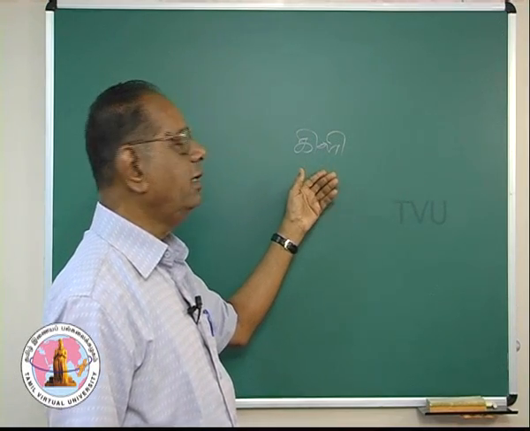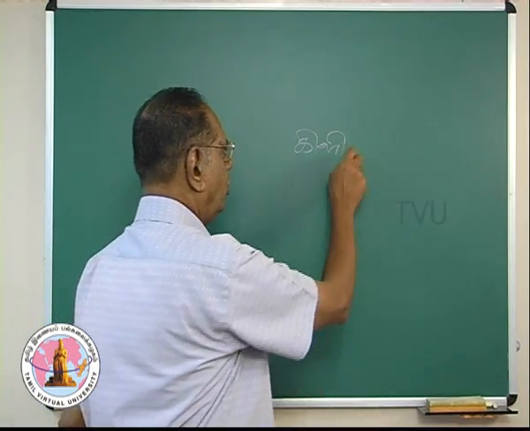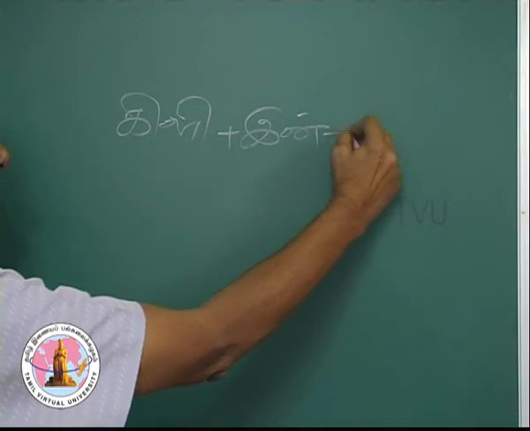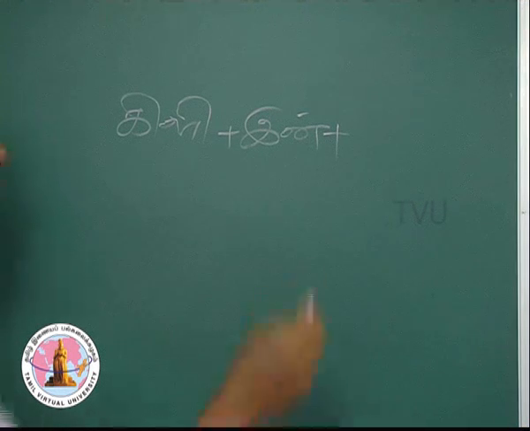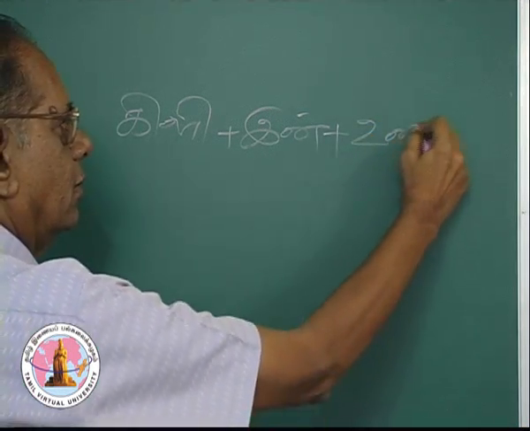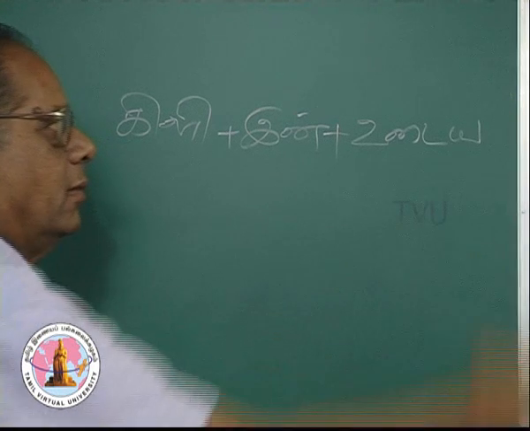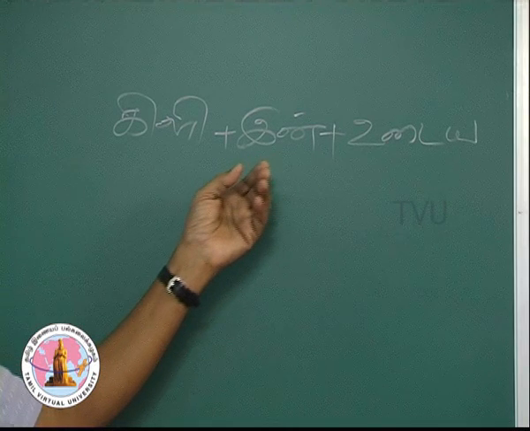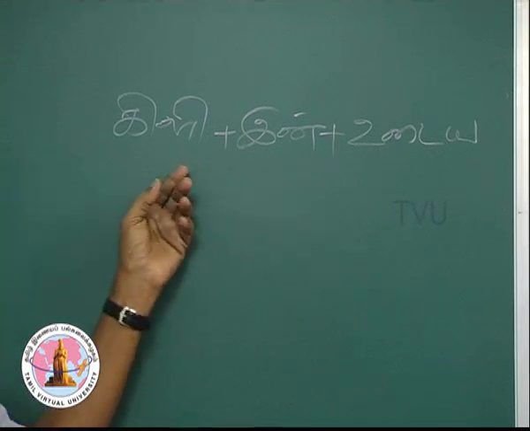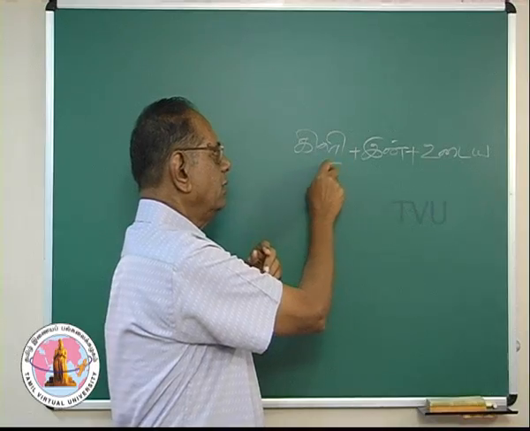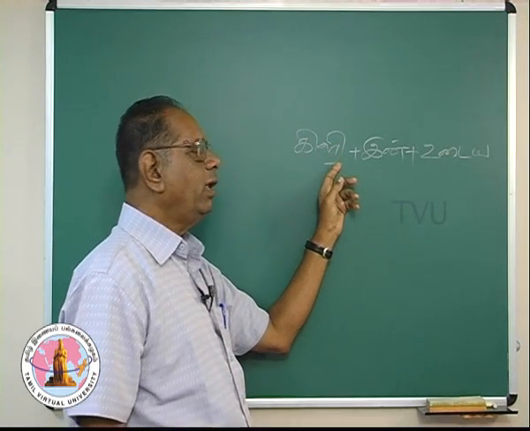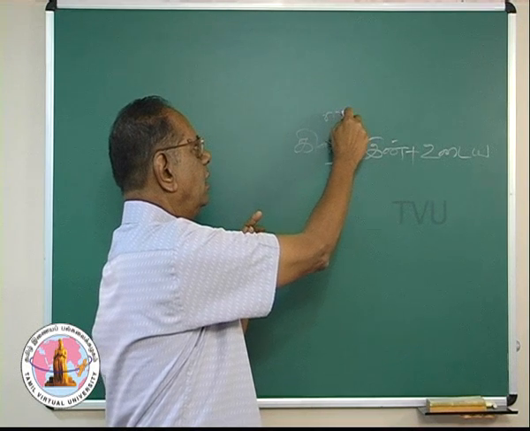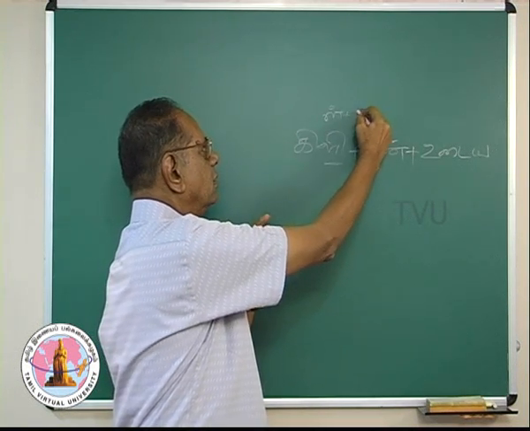In the case of Kili, what we did was we introduced a suffix, and the case marker was added later. This being a vowel ending word, Kili, as L plus E,